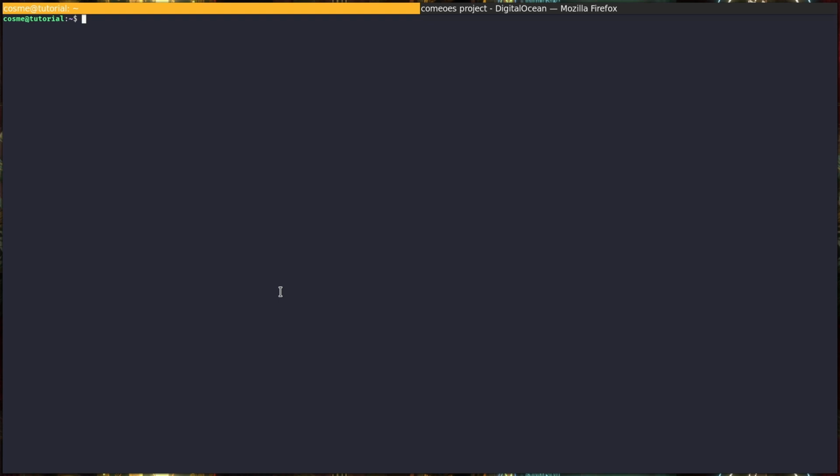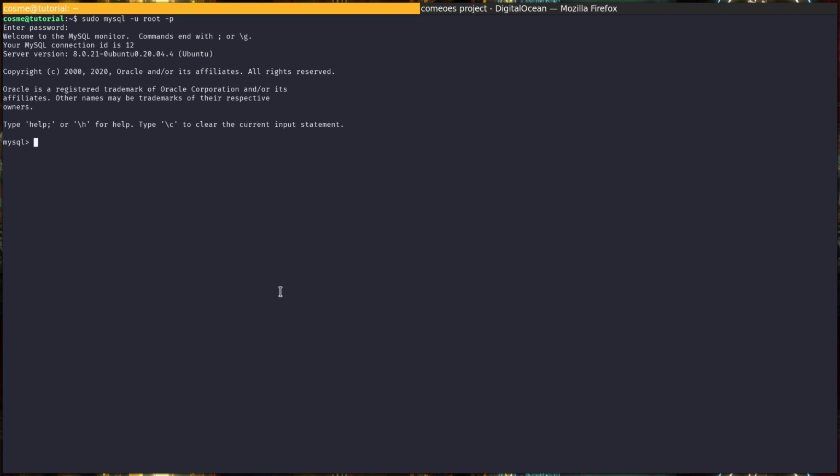Now I'm gonna log into MySQL and create the database and a user for the application. So I'm gonna do sudo mysql -u root using password. And here I'm gonna create the user first. So create user. I'm gonna name it app at localhost. You can name it whatever you want. Just change this part, and then